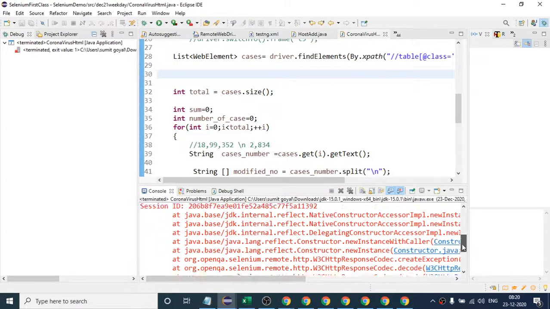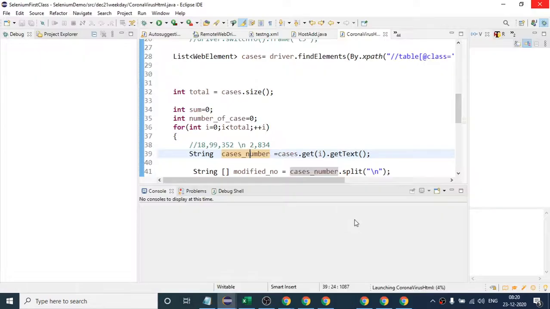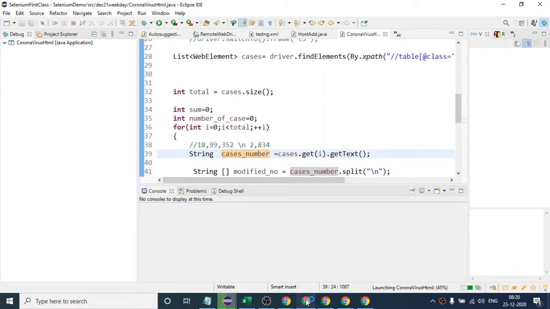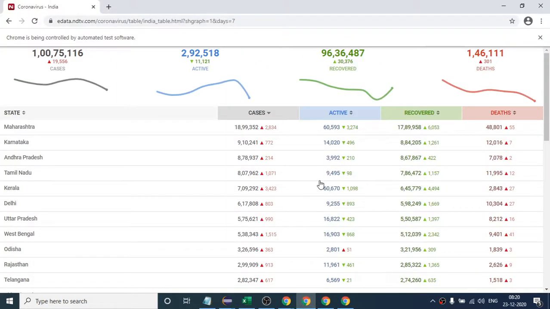I think I minimized the browser, which is another reason. I should not touch the browser when it is loading. This time it will print some data and then fail, because you have a total of 34 entries but you are running your for loop 36 times.